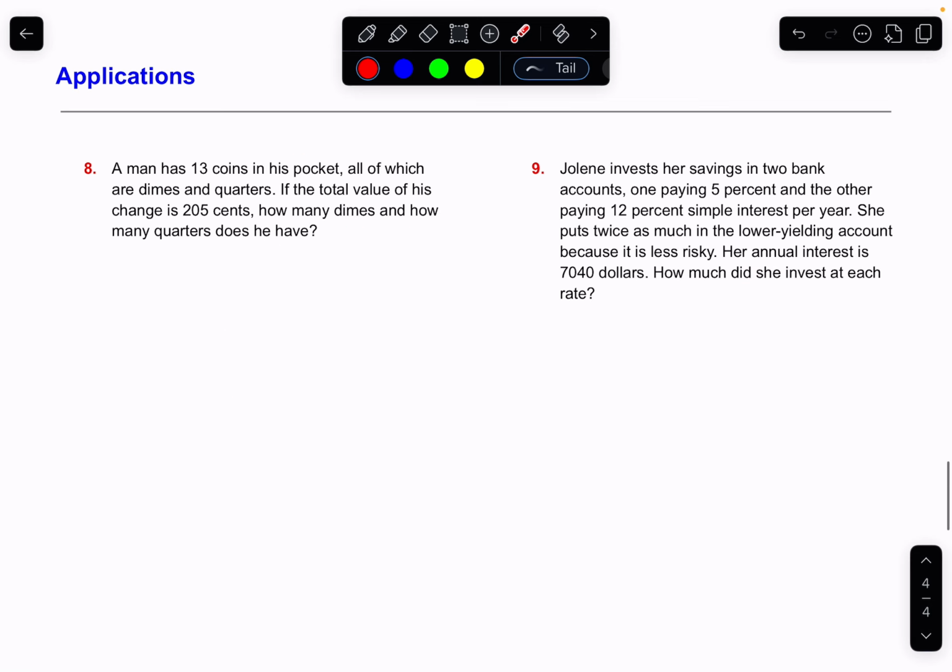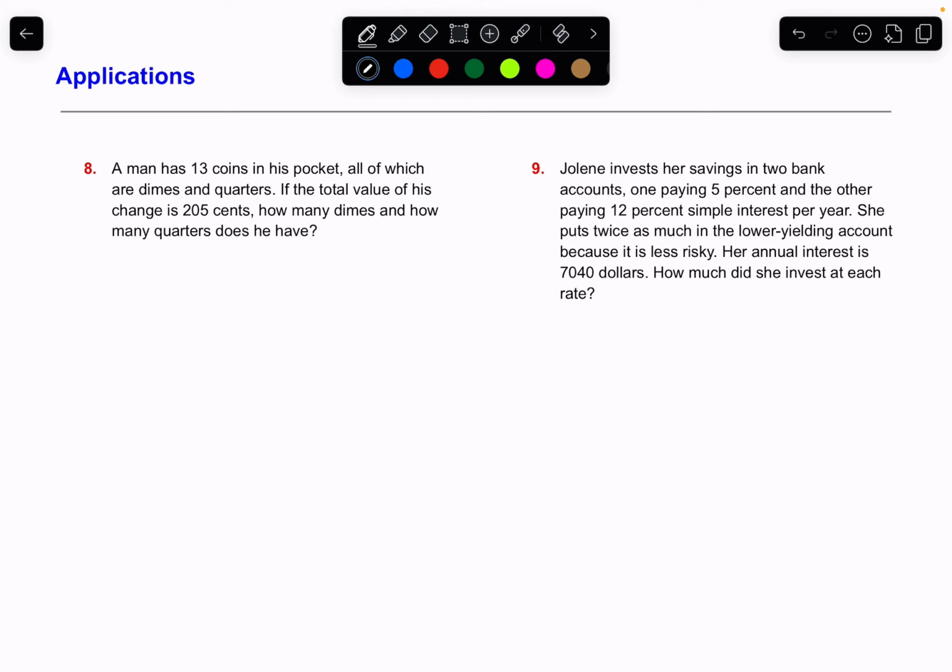Okay, now on to the applications. Number 8 we've seen a bunch of, so we should actually be good at number 8. Number 9 is going to feel new. So what we're going to do is we're going to set these up, and then we're going to solve them graphically. Okay. So number 8, it says a man has 13 coins in his pocket, all of which are dimes